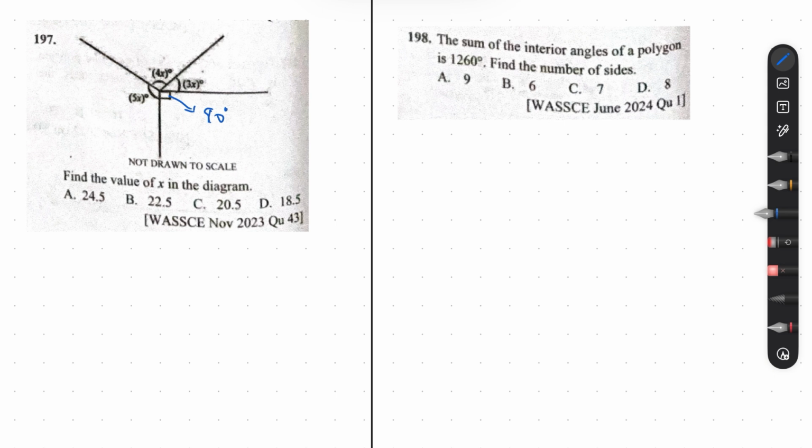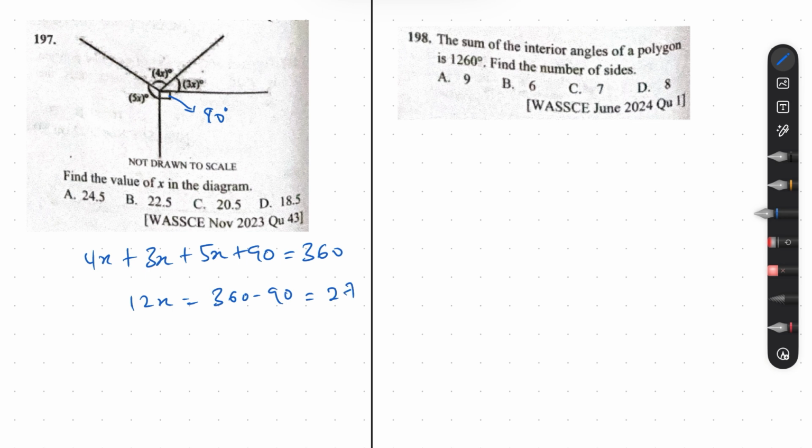This angle right here is 90 because it is a right angle. How do you know it is a right angle? Anytime you see a drawing like this, kind of like an elbow, it is 90 degrees, which is a right angle. So when we add everything, we have 360. So 4x plus 3x plus 5x plus 90 should give us 360. So we would have 12x equals 360 minus 90,